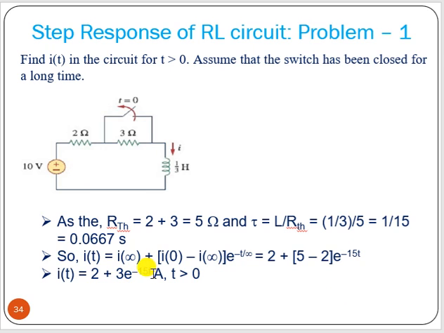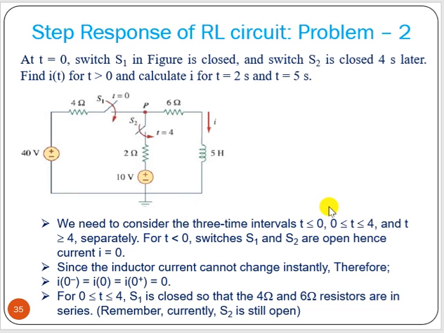We have to just put t equal to 1, calculate that. T equal to 3, can calculate that. Okay. Now another problem. This is a very interesting problem. It is said that it has two switches. One is,